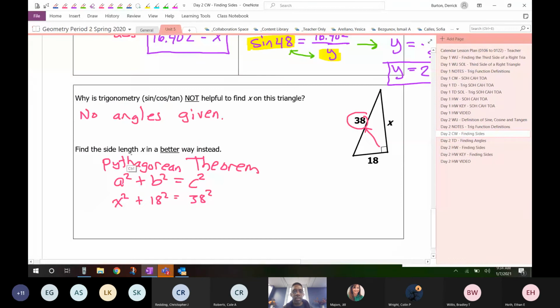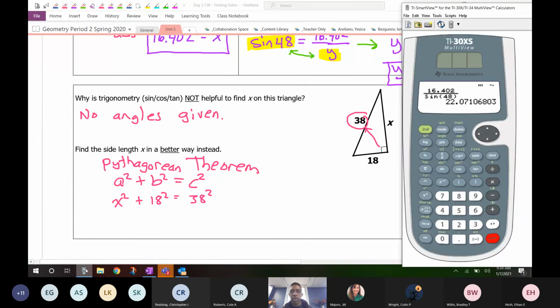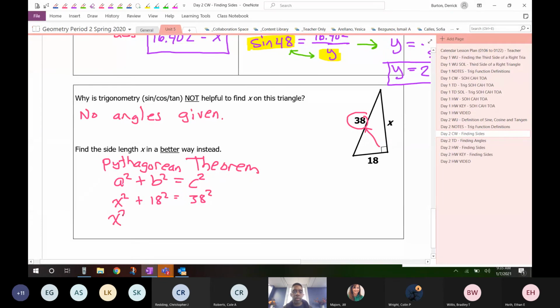They did ask us to solve it. So 18 squared is 324. So I've got x squared plus 324